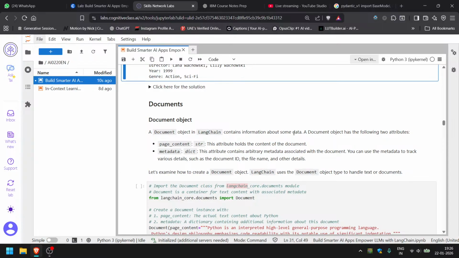A document object has the following two attributes. So document object has two attributes mainly. First one is page content, second one is metadata. When writing HTML there are two parts, body and metadata. Here it's the same: page content is equal to the body and metadata is equal to the metadata. So metadata is used for